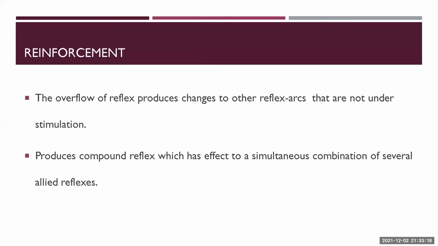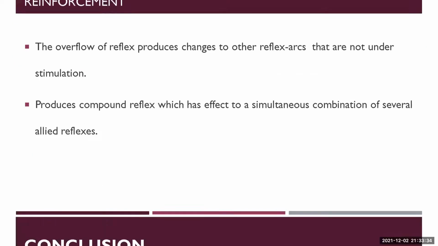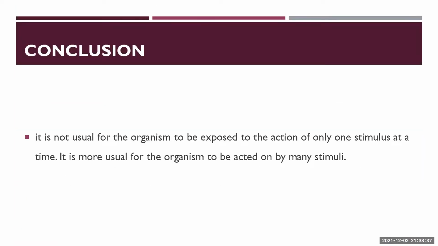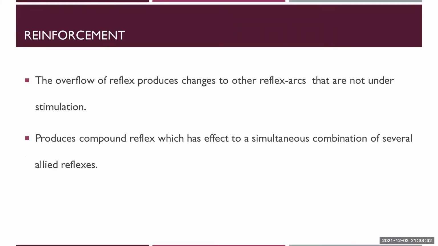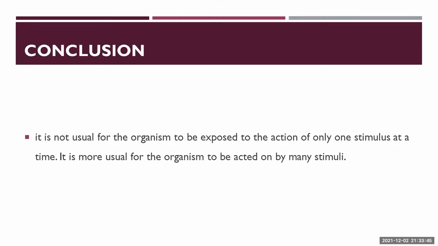And also he says that if we are giving stimulation on the hind foot, we can also see the flexion of that hind foot. So in this case also he says that if we are giving two stimulus together, we can easily produce a response. That is, he says that the two different reflex arcs can reinforce one another in their action. And in the conclusion, he says that in order to produce an action, it is not only the one stimulus that is given, it requires more than a stimulus. That is, a constellation of stimulus is required in order to produce an action.